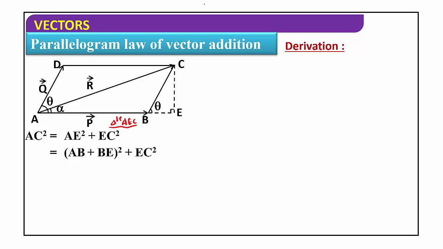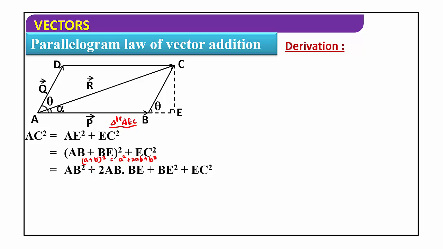That gives AE square, AB plus BE whole square, plus EC square, keep as it is. Now you can use the (A plus B) whole square equation. We know that (A plus B) whole square is equal to A square plus 2AB plus B square. Now I am going to write that equation here: (A plus B) whole square equals A square plus 2AB plus